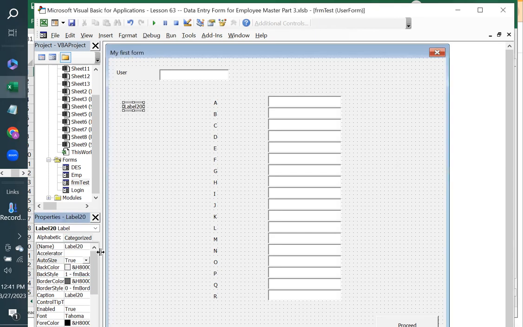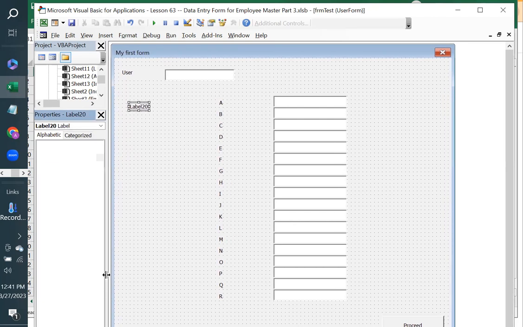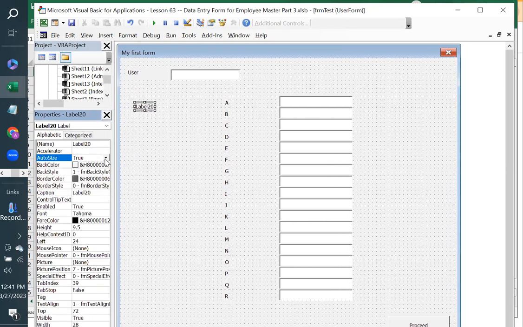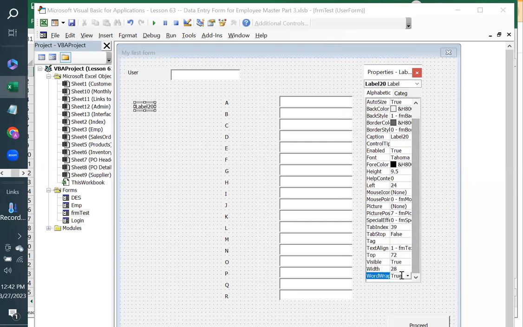So another thing you need to do is the word wrap that I show you here. If we go to this, we click down. We have to make it like this. You can move it here. Yeah, so this is the word wrap, the very last property